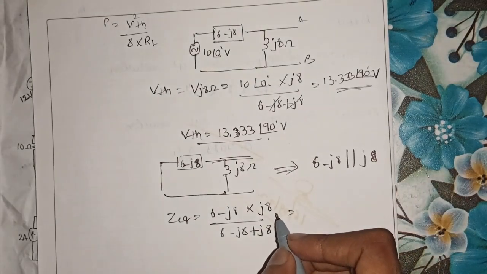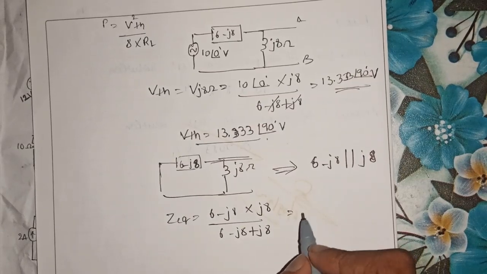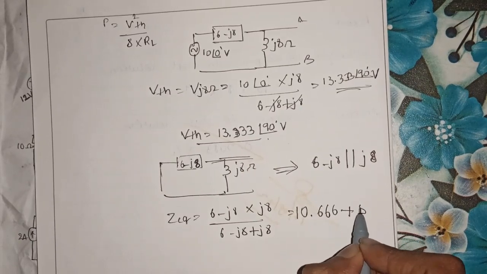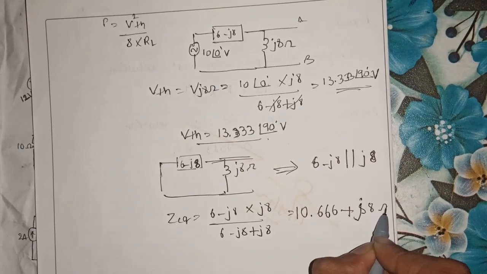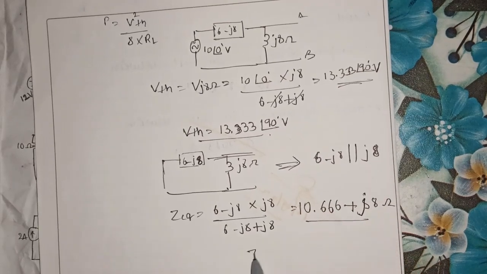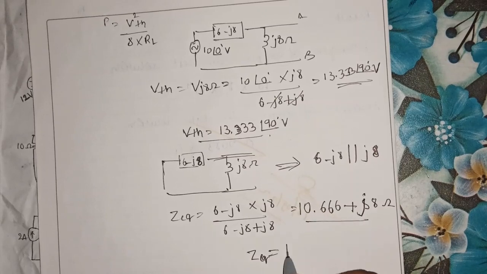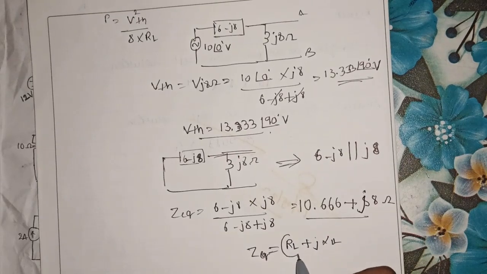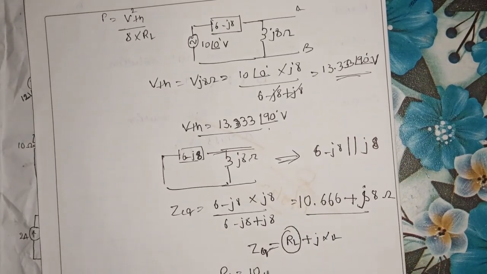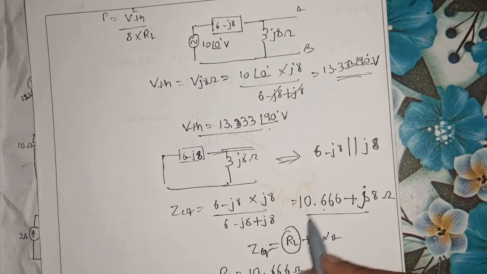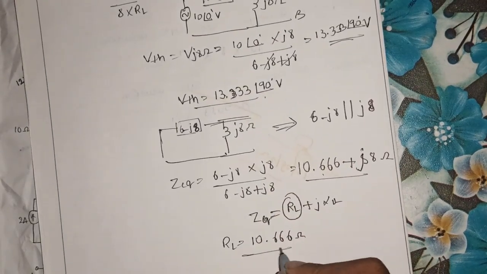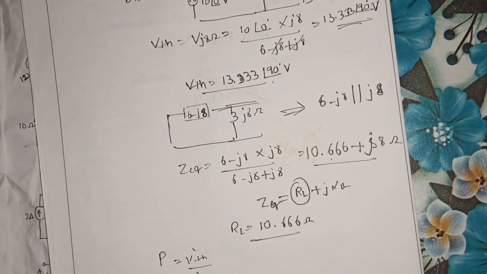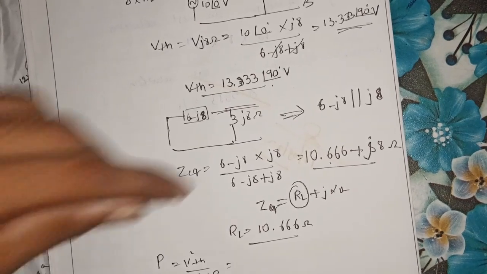So you get a value equal to 10.666 plus J8 ohms, which is in the form of Z equal to RL plus JXL. By comparing these two equations, you get the value of RL equal to 10.666 ohms. By the formula, we know that the power is VTH squared divided by 8 multiplied by RL. Substituting the corresponding values, we get